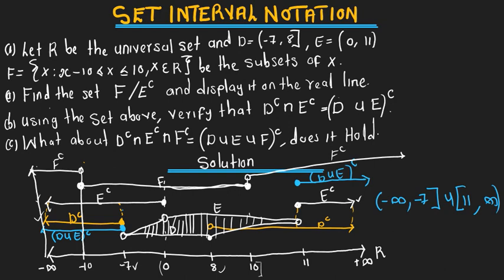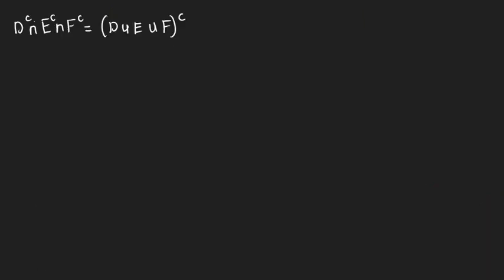Okay, so we see that these guys are intersecting at this region. We know that this is E complement, this is E complement, this is F complement, E complement intersection D complement. They are intersecting at this region here. So we've seen that these guys are intersecting at some point where we're coming from negative infinity all the way to,